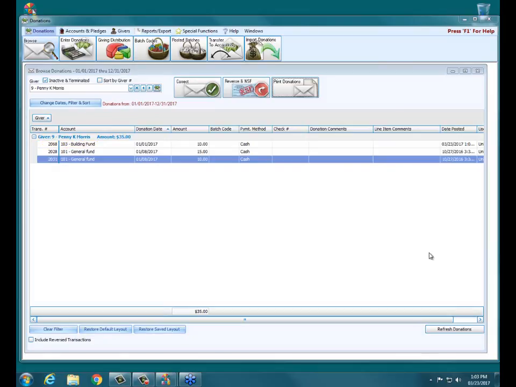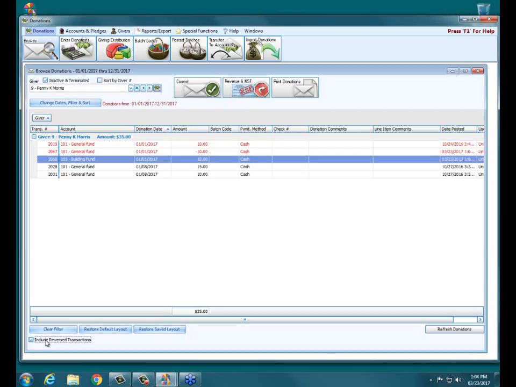We do keep a full audit trail here in donations if you make any changes to any of your gifts in the system here. So note in the lower left-hand corner of this screen, there's a checkbox that says include reversed transactions. By default, when you first come to this window, it's not going to show any of your reversed transactions. If you put a check mark in that box, you'll see a couple of new lines appear on here